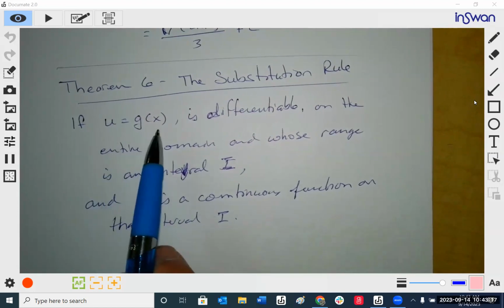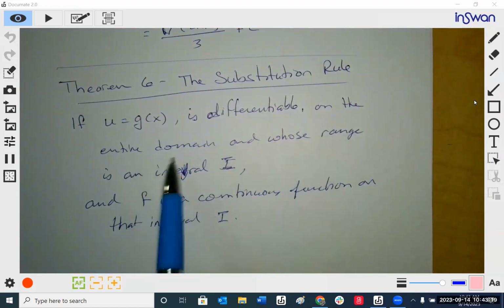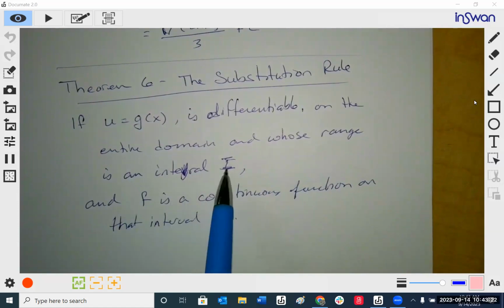So if u is g of x, differentiable on an entire domain and whose range is the interval I,